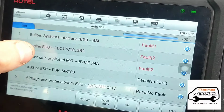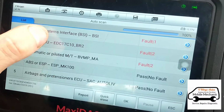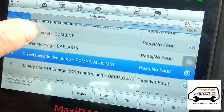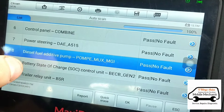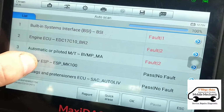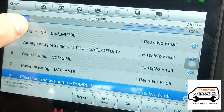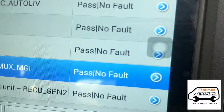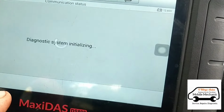Okay, so we've tried to clear the fault through this ECU, the engine ECU. We've done it in the built-in systems BSI, and it's not worked. But when we slip down a little bit here, we found another way in, which is specifically for the fuel additive pump. When we were in the engine ECU, we noticed after we cleared it, it says to also go in directly to the additive pump ECU, so it's got its own one, but it's not showing any faults there, which is strange. So we'll go in here,